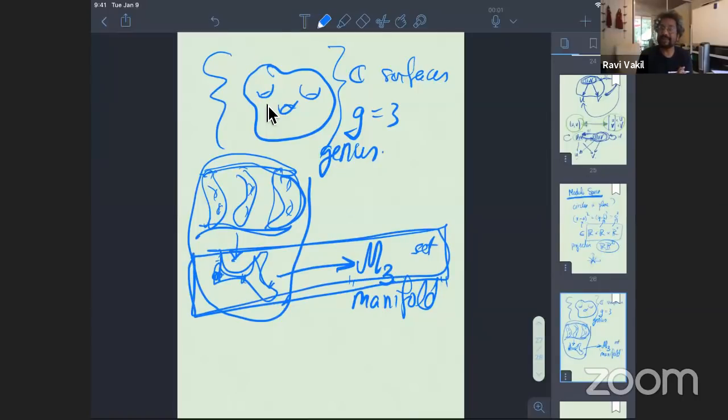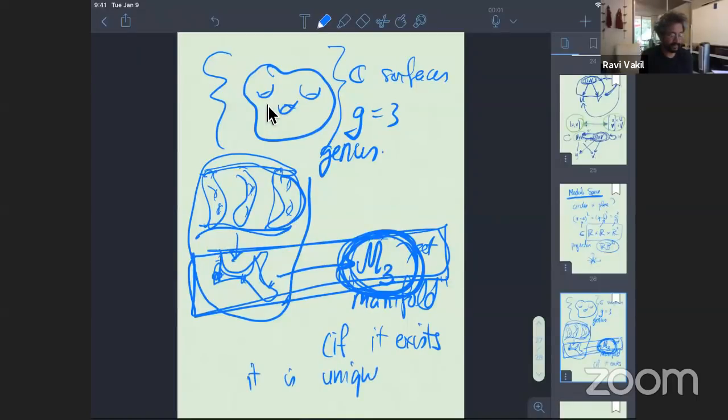And now that means that we have defined what this thing is up to unique isomorphism by exactly the same argument. There's one and only one such thing that satisfies this property up to unique isomorphism, assuming it exists, with the big caveat that if it exists, if something satisfies the property, it is unique up to unique isomorphism. In other words, that means that we have every right to call this a manifold. It's not just a set, it's something which is actually a manifold.